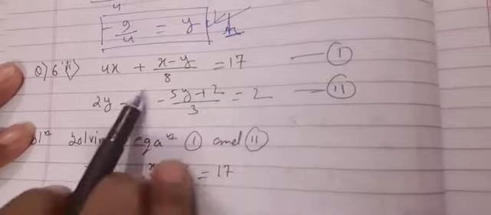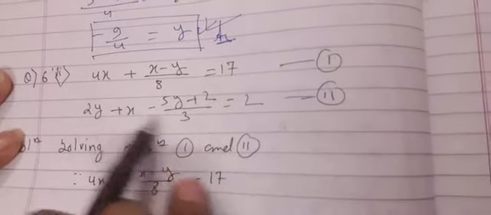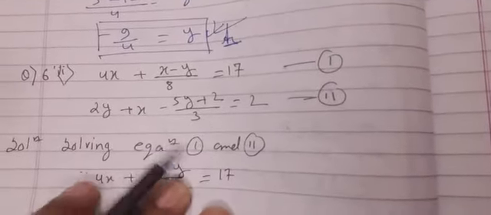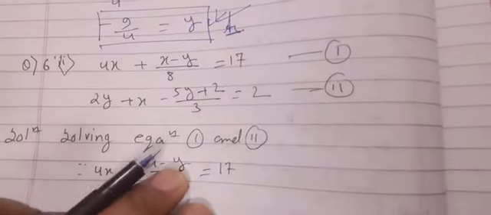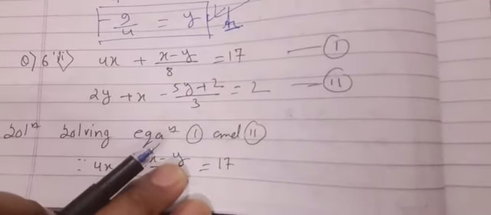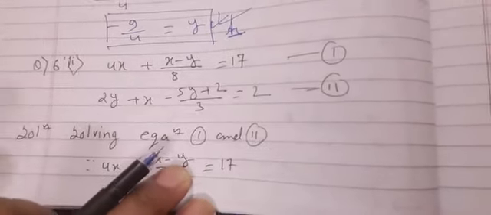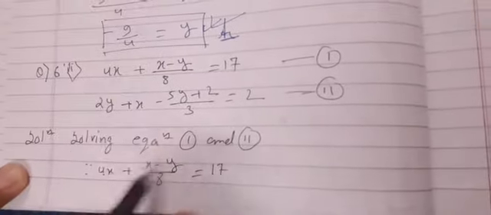Just copied. And what is our planning? First of all, we will solve both equations to make them only of 3 terms. One term will be of x, the second term will be of y, and the third term will be a constant number. So I have solved equation 1. You see, I have just copied and then started.